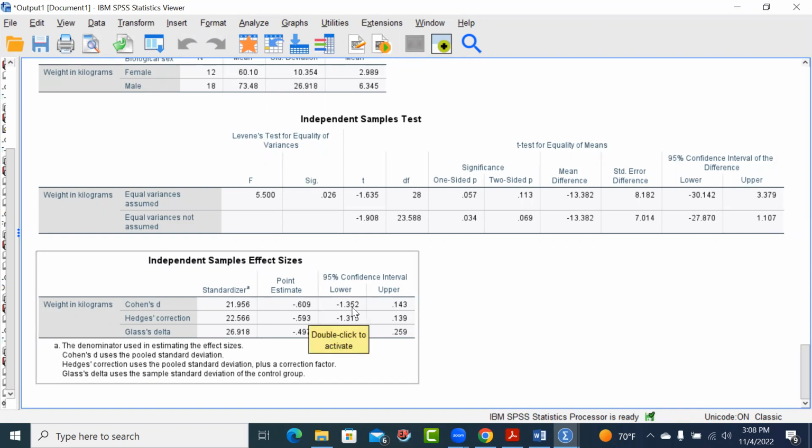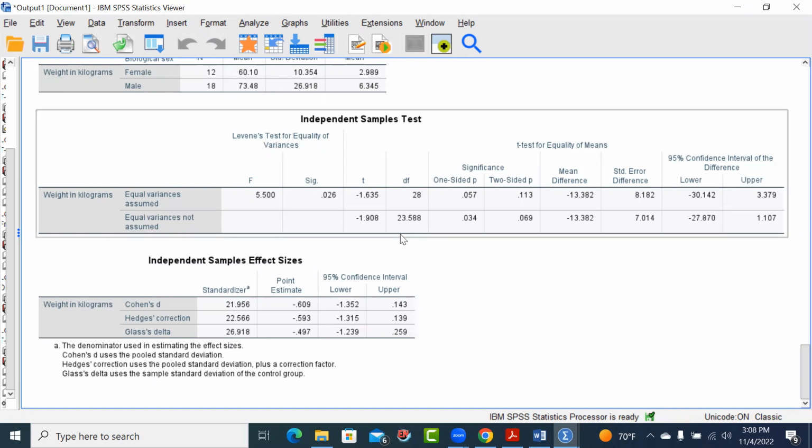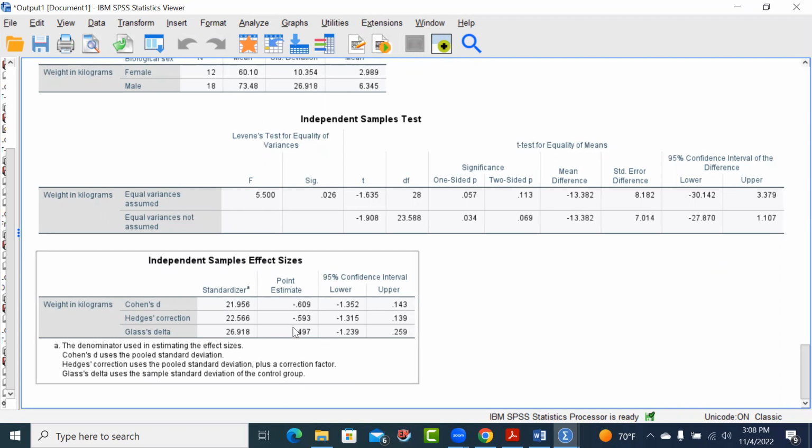We also get these effect size estimates. These days, in most journals, when you try to submit a manuscript for review, your reviewers will want to have two things. They'll want a confidence interval, and they'll want an effect size. Effect sizes in some cases are easier than others to get, and SPSS provides them. Other times you have to calculate them by hand, but here it's provided. You get what's called Cohen's d. Cohen's d is a very popular effect size. It looks at a standardized difference between the means of the groups, and it has these heuristics. 0.2 to 0.5 is considered small, 0.5 to 0.8 is considered medium, and 0.8 and above is considered large. So we can actually use this. We look at the absolute values to gauge what our